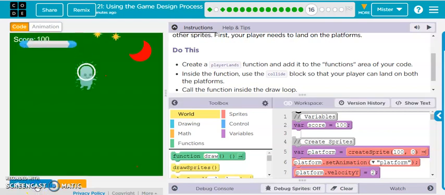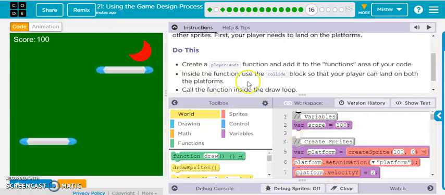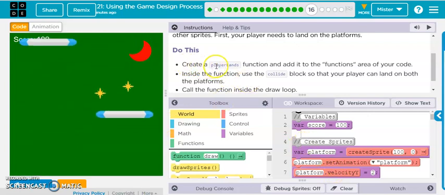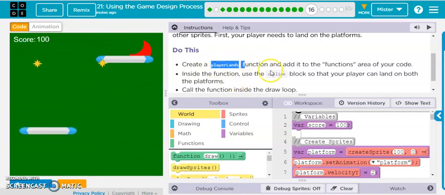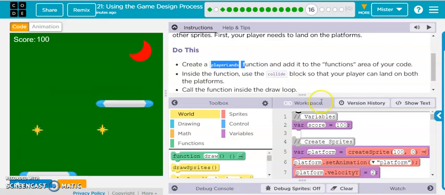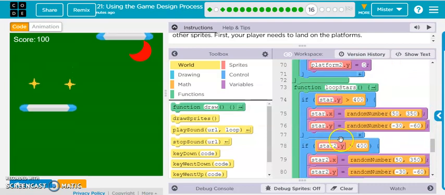Okay, on this one, they want us to have the player be able to land on the platforms. To do this, we're going to create a player lands function, and use the collide blocks. So this is actually pretty easy. Go to the bottom of our functions,